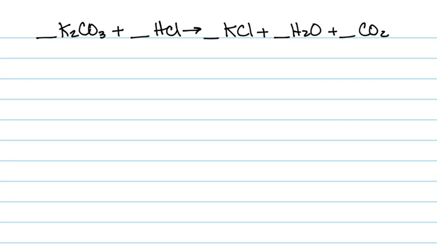It's really nice of them to go ahead and give us a balanced equation. I'm going to add the coefficients back into here: 1, 2, 2, 1, 1. The information from the problem says we have 45.8 grams of potassium carbonate given, excess HCl, and it wants to know how many grams of KCl can be formed,